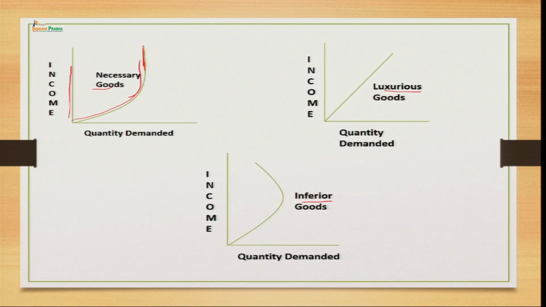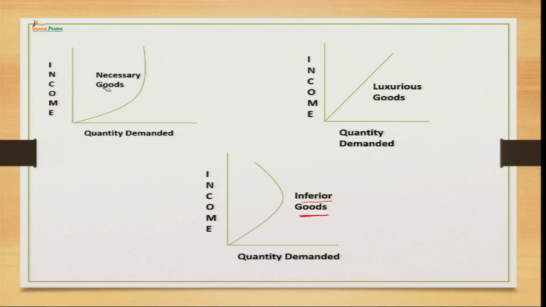Whereas, in the case of luxurious goods, whenever the income of the consumer increases, the demand for these goods keeps on increasing, which establishes again a positive relationship. Whereas, in the case of inferior goods, like I said, these are the lower quality goods. So, whenever the income of a consumer increases, demand for these goods does not increase, rather it will decrease. Okay. So, the demand curve is going backward, which represents that the quantity demanded will decrease for these goods when the income of a consumer increases. So, this is how Ernest Engel established the income and the consumption pattern with different commodities, right.